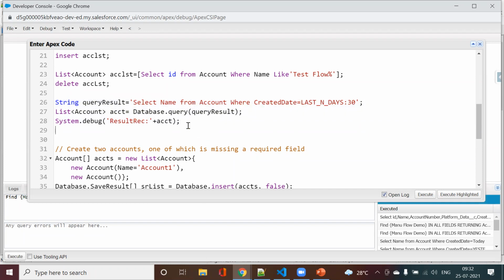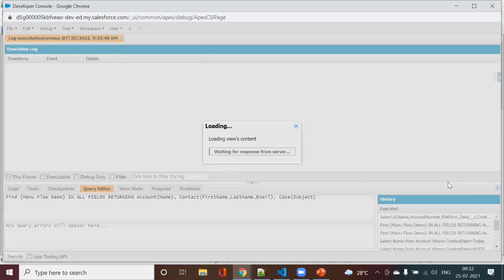In case you need to debug your code, this is how it's done. You need to write System.debug, just for your reference, to show how you want your data displayed. Here I can write anything, like string rec1 result2. Similarly, in JavaScript you have console.log; here you have System.debug. So in case I just try to query it, click here, execute highlighted.